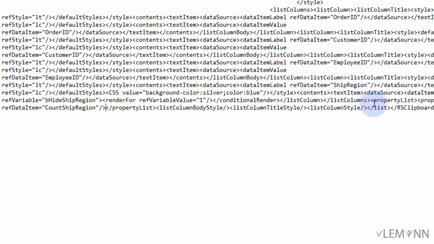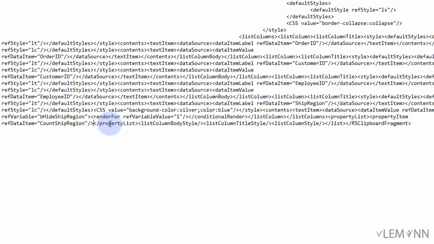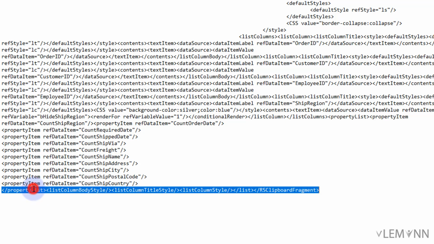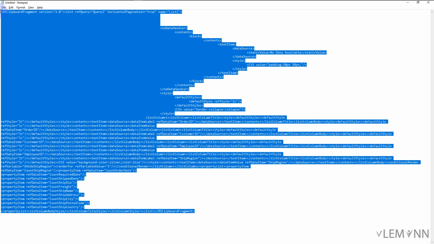So ensure you paste inside the property list. Inside the property list we have property item, and I'm going to paste my remaining property items, and this is our close tag for the property list. Again I'm going to copy this entire